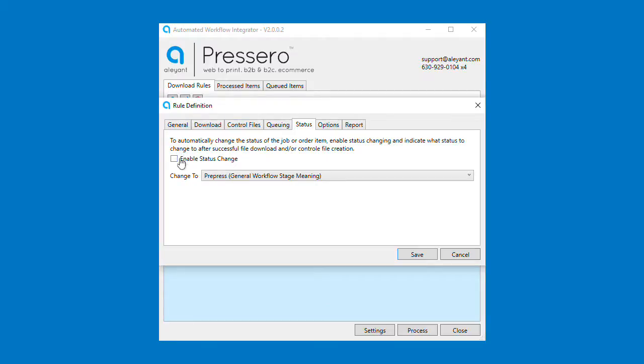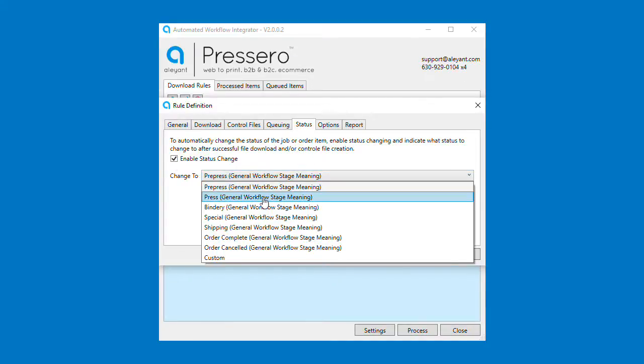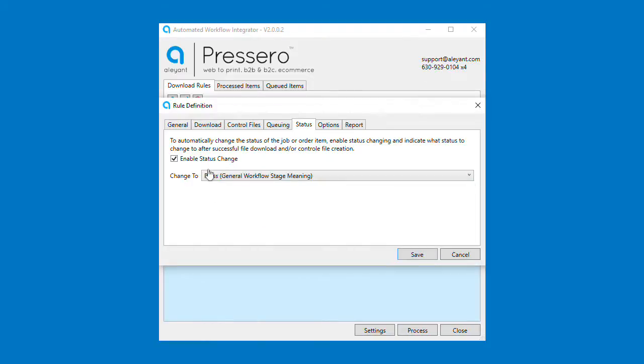We also have the ability to change the status of orders within Pressero after AWI has successfully downloaded the file and placed it in the appropriate folder. So let's say, for example, I want to change the status of every order to press after I've downloaded it. I would just be able to change that very quickly here. This allows me to know that the status has changed without having to go into the Pressero admin and manually